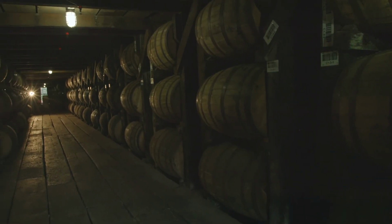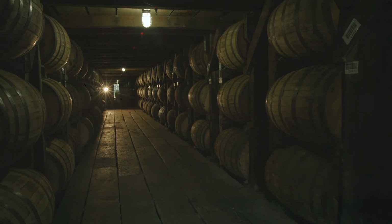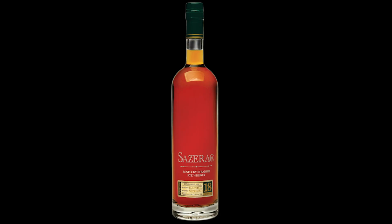Sazerac. So the Sazerac's the oldest one. It is a rye, the oldest one of this year. It's 18 years old this year. Now, I'm not exactly sure why I picked it to be second, except for the fact that I reached into the box and, this is a nice fall day, and there's a nice kind of crisp nature to this rye. It's 18 years old, and there's a certain thing that happens